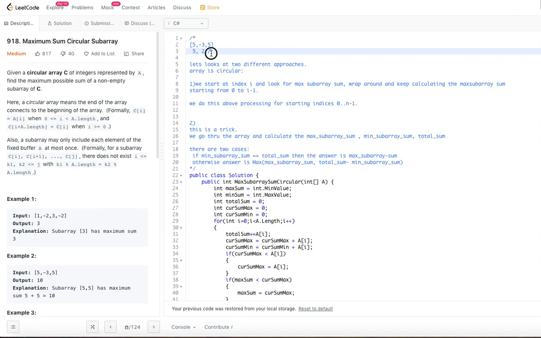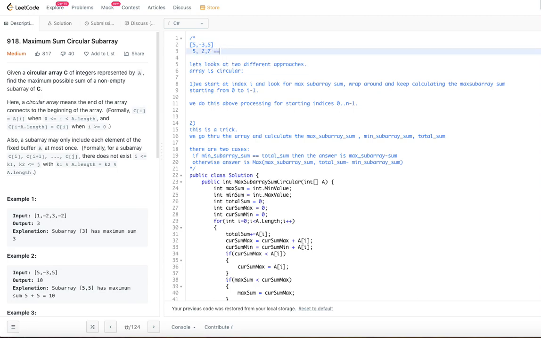It would be 7, because 5 - 3 is 2, plus 5 is 7. You consider all the elements in the array, and you call that a subarray anyway, because the subarray length can also be equal to the given array. So in that case, we would give the answer as 7.